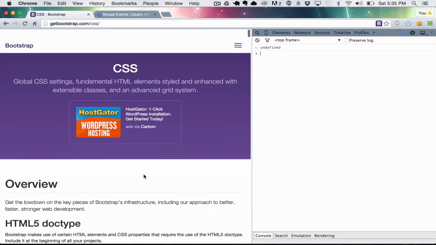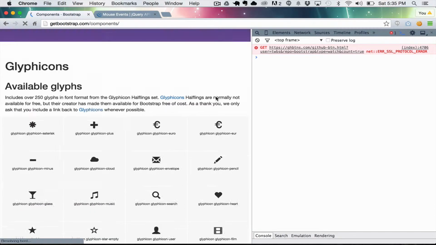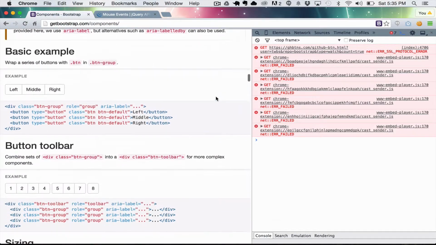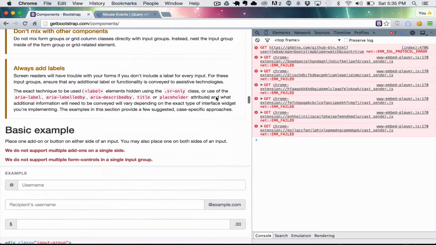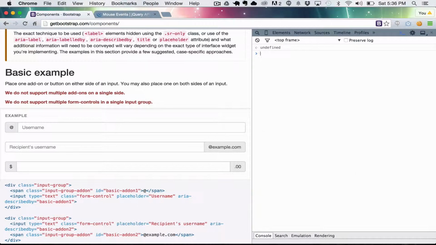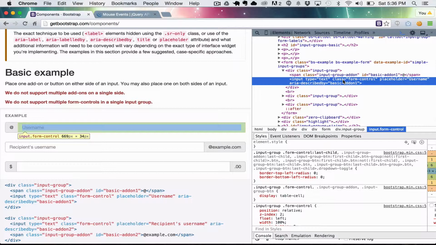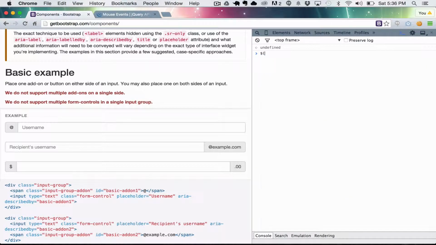I want to head on over to a different page in this. Let's see, there's inputs somewhere on this page. Sorry if that makes your head spin that I'm scrolling. Input, yeah, this is what I'm looking for. So clear all those errors. I'm going to inspect this, and this is form control. Okay, so I'm going to select this form control element,